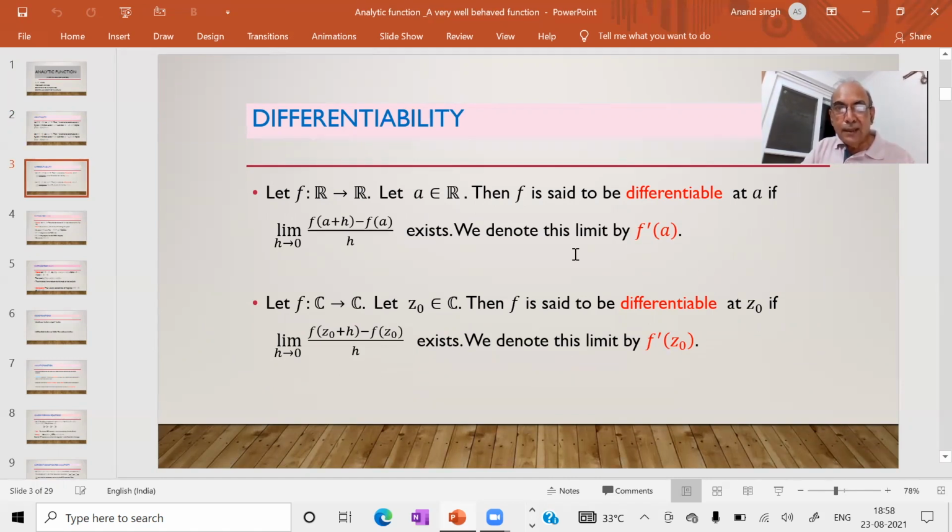So again, exactly the same thing. No changes except that R is replaced by C and A is replaced by Z0. Even if I keep A, it doesn't make a difference. So they look exactly the same, but there's a lot of difference between these two quantities. And that is what you normally tell the students. Here, for example,